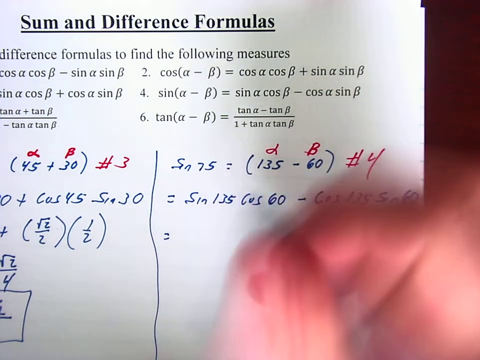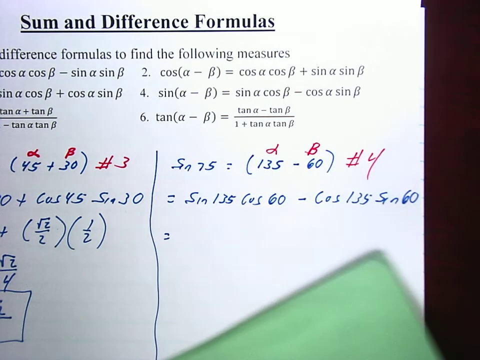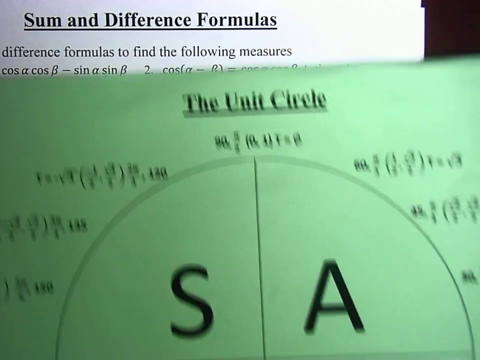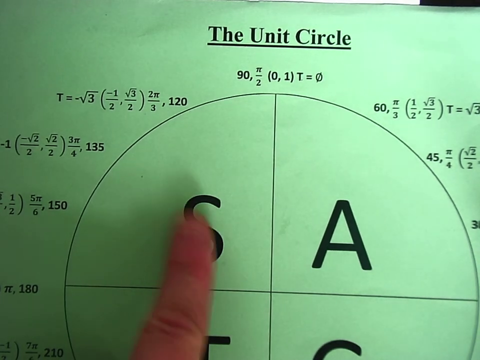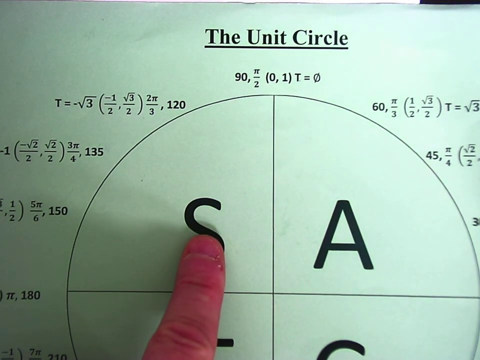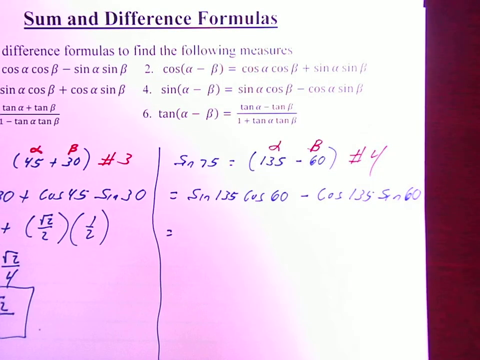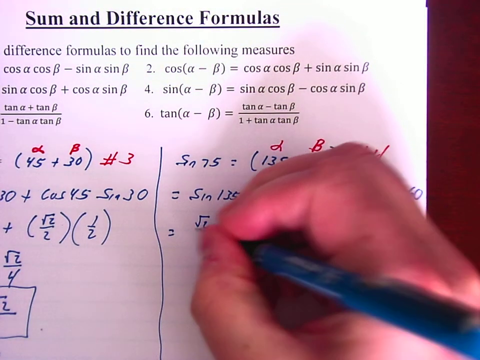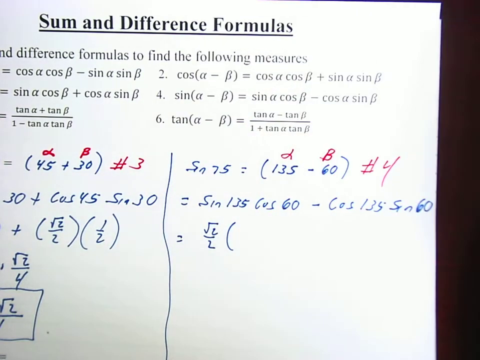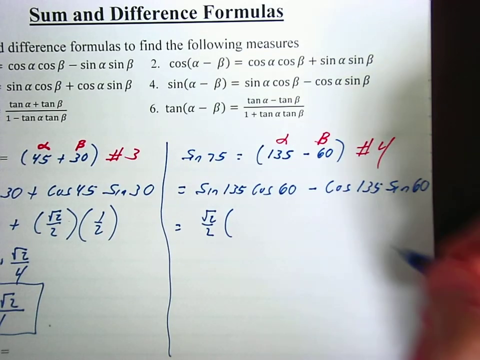So sine of 135. So now we go into quadrant 2 to 135. Now in quadrant 2, sine is positive. So there it is. Sine, square root of 2 over 2. So square root of 2 over 2 times the cosine of 60. Cosine of 60 is 1/2